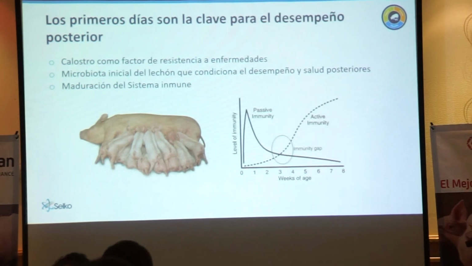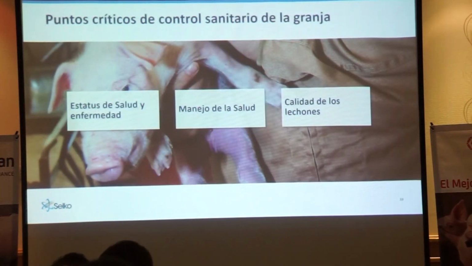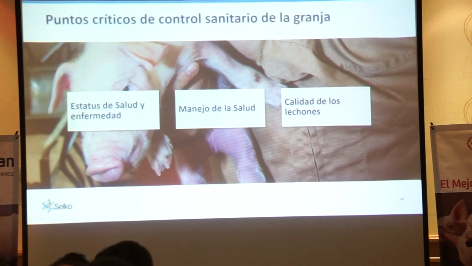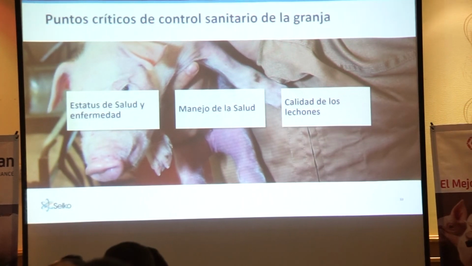So this is in line with what Peter just said, so I will skip that. Then also the health management. Critical points in health management. So the quality of the piglets and the health status on the farm. So which diseases do you normally occur, at which phases, how many antibiotics do you use, and at what point. So those will all be analyzed in this part of the scan.